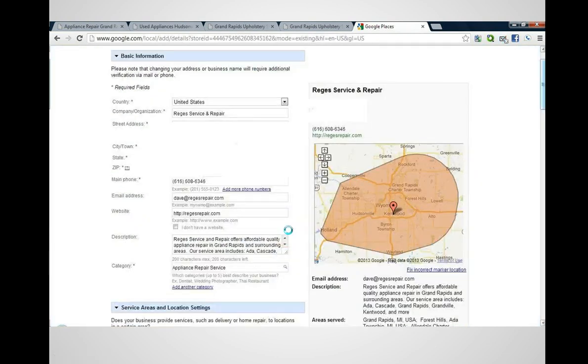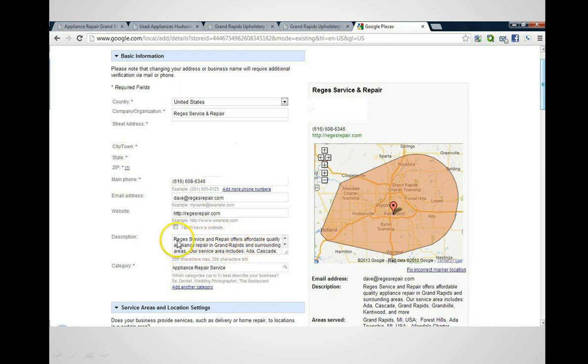And here's the information that you'd be filling out when you start your account. You're going to have your business name, which is super important that it stays the same here in Google Places and across the net, on your website and on other local listings. You want that to be exactly the same, along with your address and your phone number. I've blurred out the address here, but the phone number and your name need to be the same. Don't change it. Even your street address, if you have a southeast or southwest, you want it to look exactly the same on all